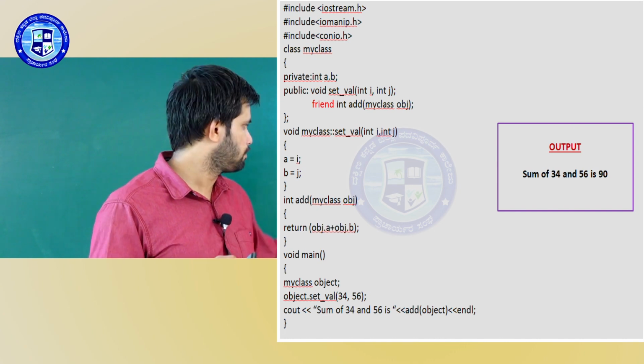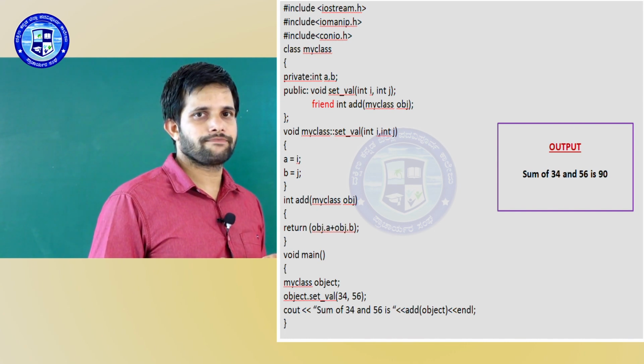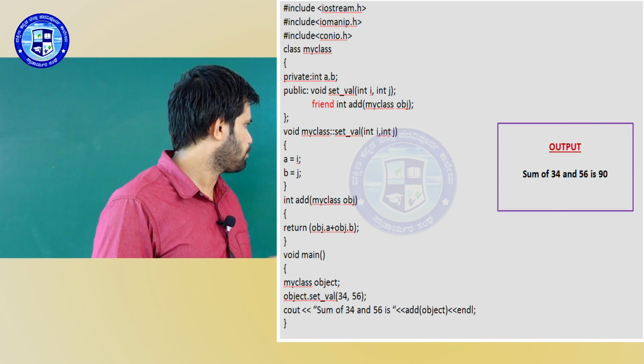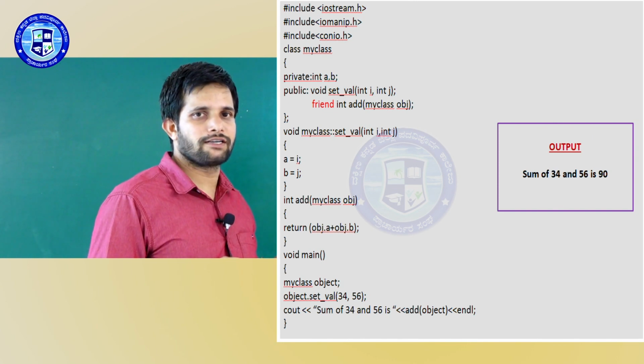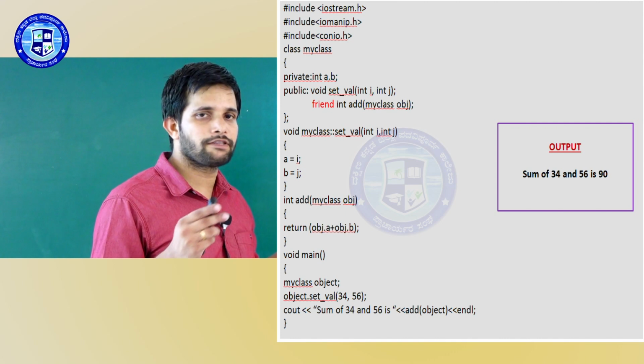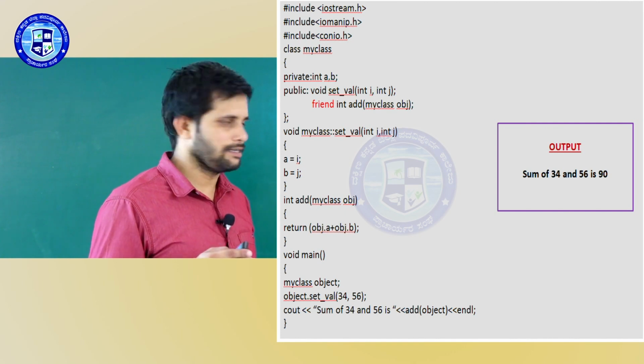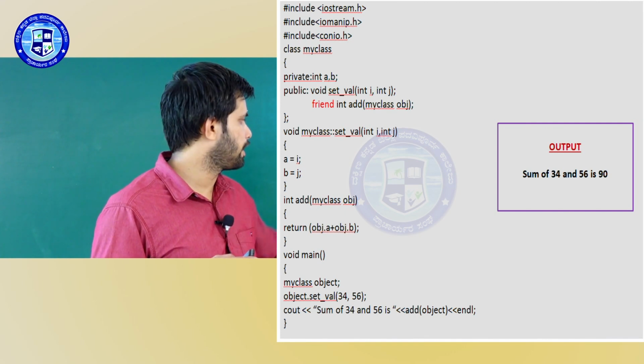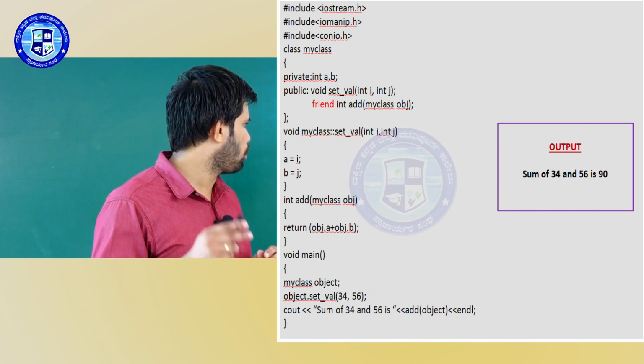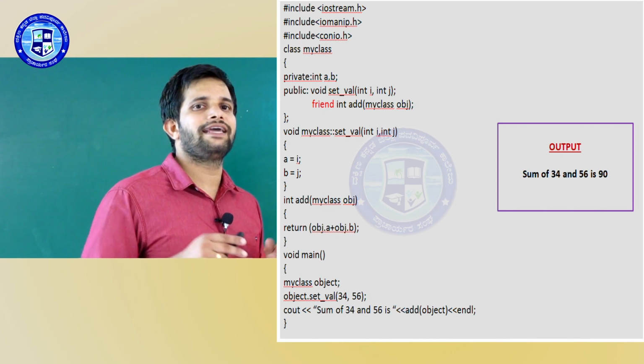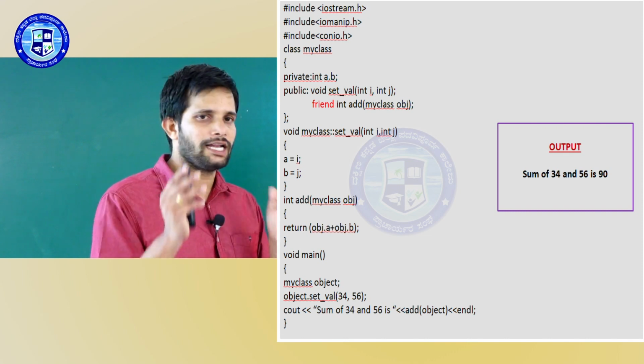So what is that answer? That will be returned by the called function. So what is the function here? We are calling a friend function, and the name of the function is add. Now look at this function call. You are not using any object here. It is not called like object.add. It is called like a normal function, add followed by an argument.